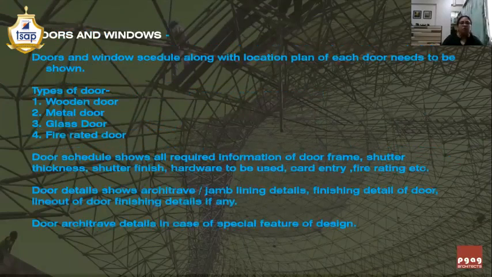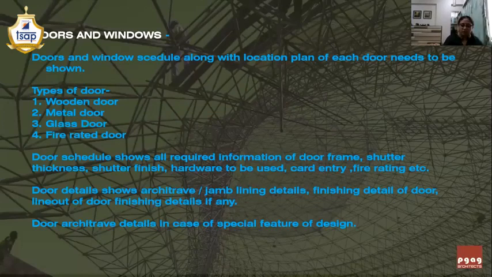We were talking about the door architrave details in case of special feature design. In case of any special design, for example, if any door is finished with an architrave which is finished with glass, or which is finished with any veneer which is laser cut in some design, then all those elements need to be written as to how they are finished. Are they laser cut?